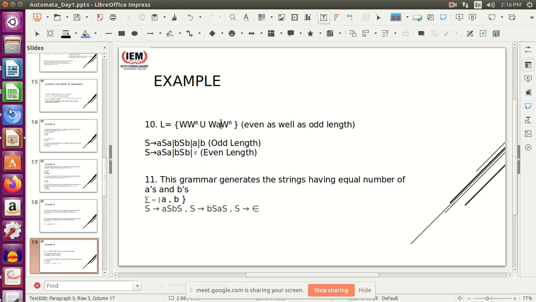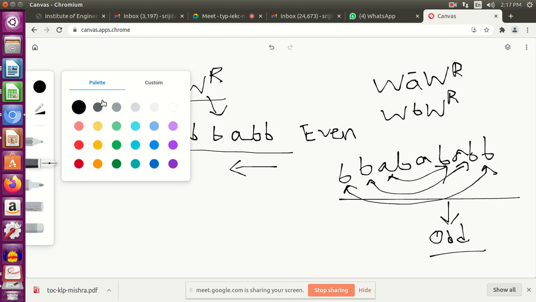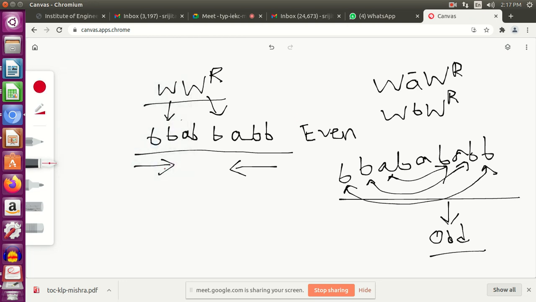So just let me give you an example using this grammar so that it becomes easy for you to understand. What is our production rule? ASA, BSB and epsilon. I am considering the even length.